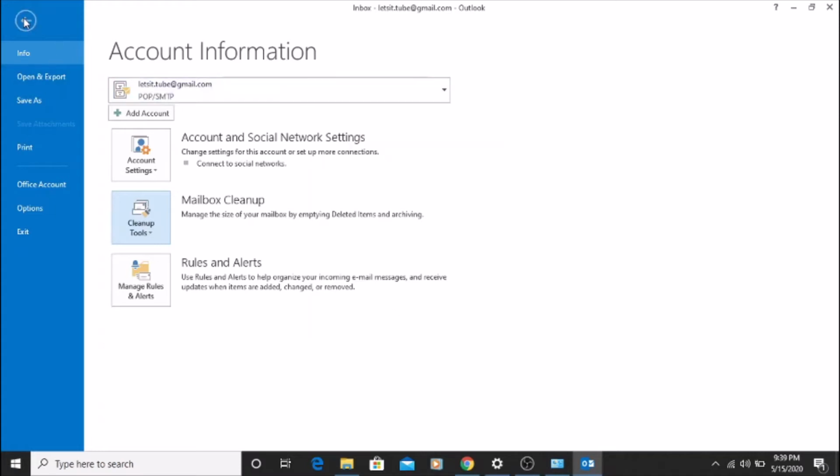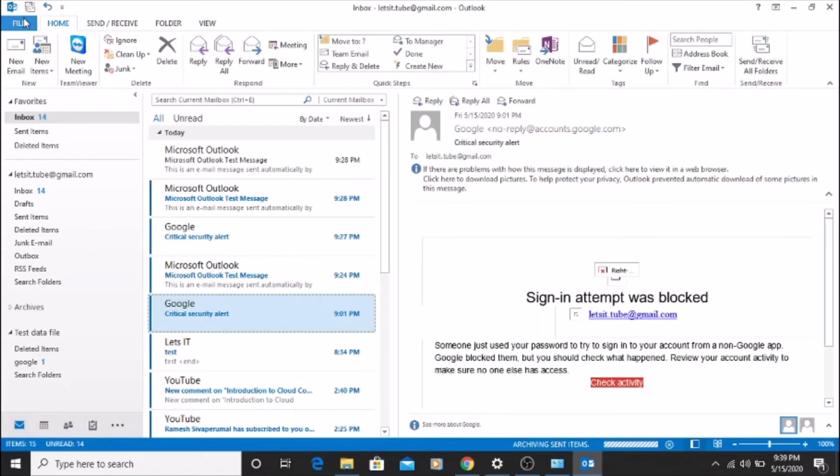So it will create an archive. If you can see, there is an archive which automatically gets created because we have set auto archive settings for inbox only to go to the test data file. Okay, so you can see here archiving in progress. Once it comes to inbox, it automatically creates an inbox under the test data file. We can wait for that.